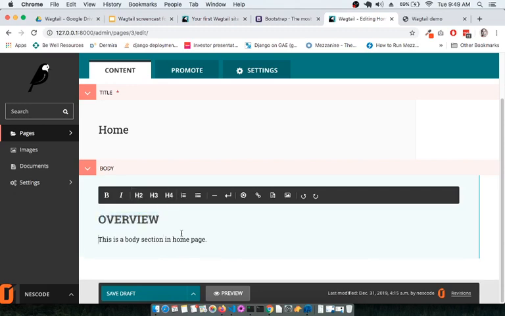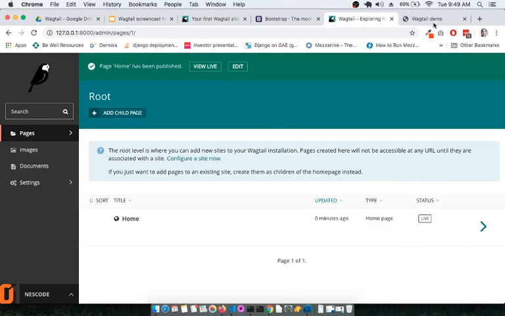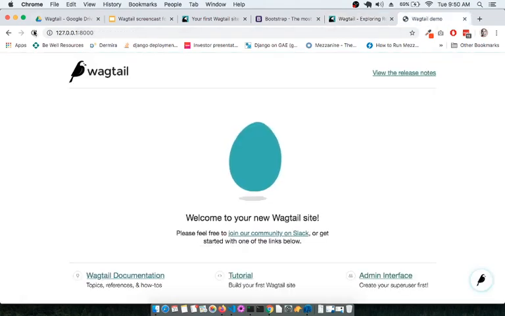Let's go ahead with the s2 tag, and whatever changes you have made, make sure you click and publish it. Moment you publish, and if you go and refresh this page, there are no